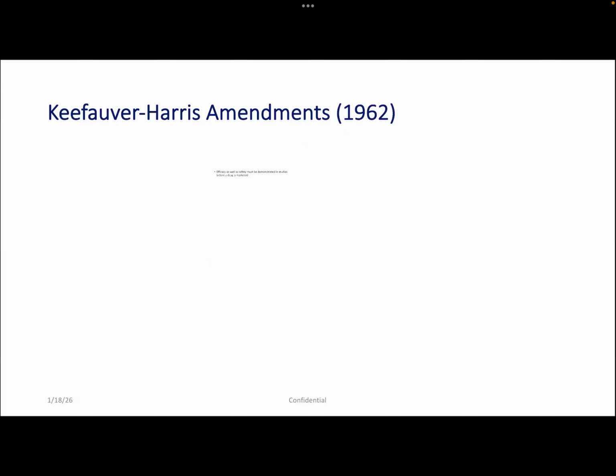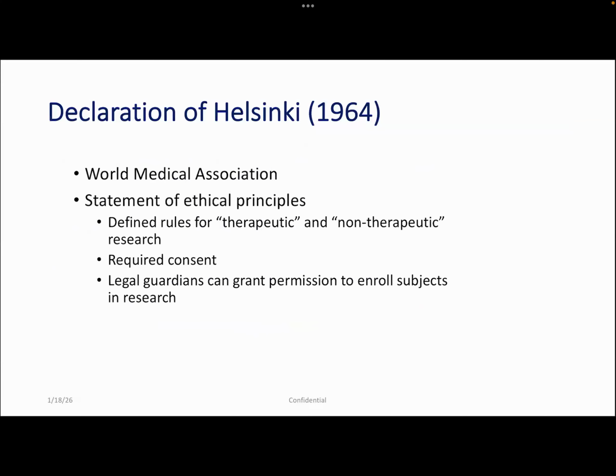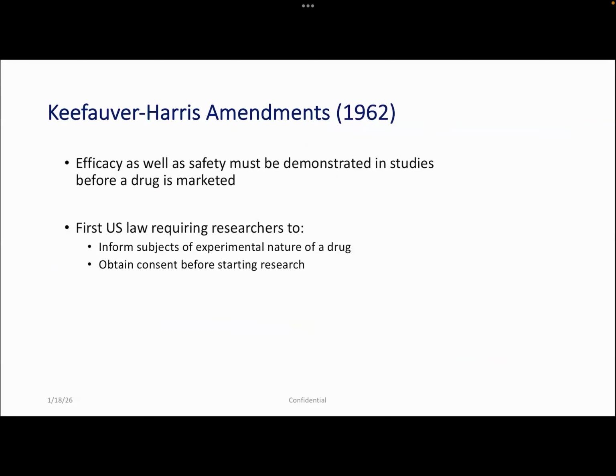The problem is it came to light only, let me see if I have included it. No, I have not included it. Okay, maybe in the next class I can show you. There was an Australian pediatrician. He noticed that normally the birth defect rate is 1 to 5%. That is the normal rate. But for women who were taking thalidomide, the birth defect rate was almost 15 to 20%. See the contrast. And he published a paper as a case study. From there, it came to light that this drug is harming.